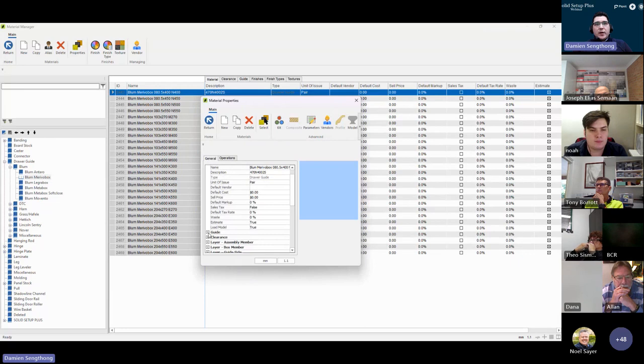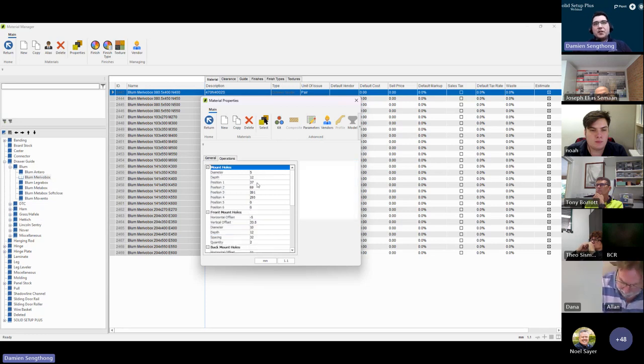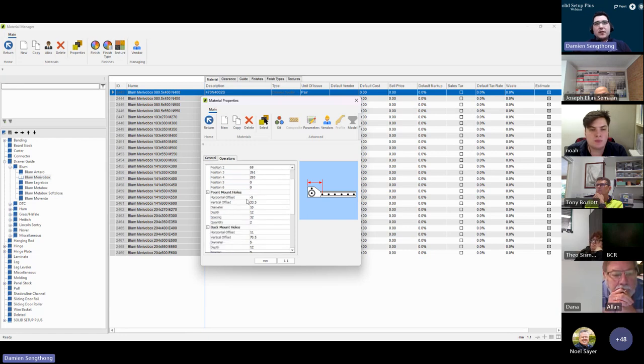as most of you are aware, this is how you would set up a drawer guide, and you would have your options here for the system to work. Most importantly, the operations for the drawer guide. So our position setups here, our front mounting holes here. Now, the main difference between these two packages